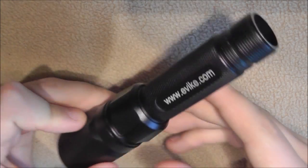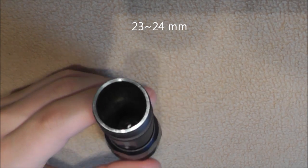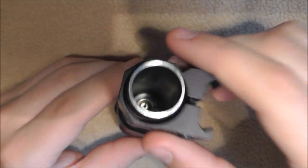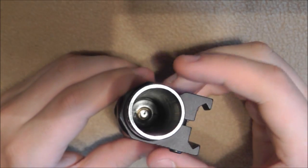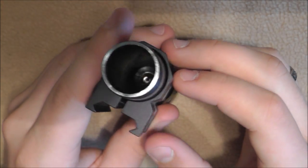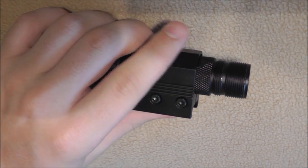The diameter of this, what I gathered, is about 23 millimeters. So obviously a 25 mm mount is going to do exceptionally well. However, you do want to try to get one that has a tightener, or else it's just going to slide around. So after you put your mount on, what you want to do is basically do the reverse